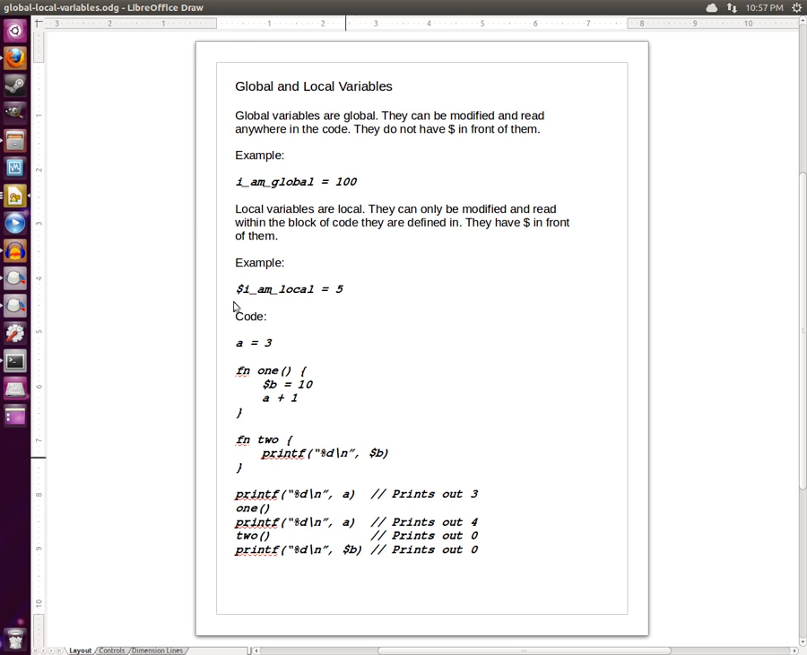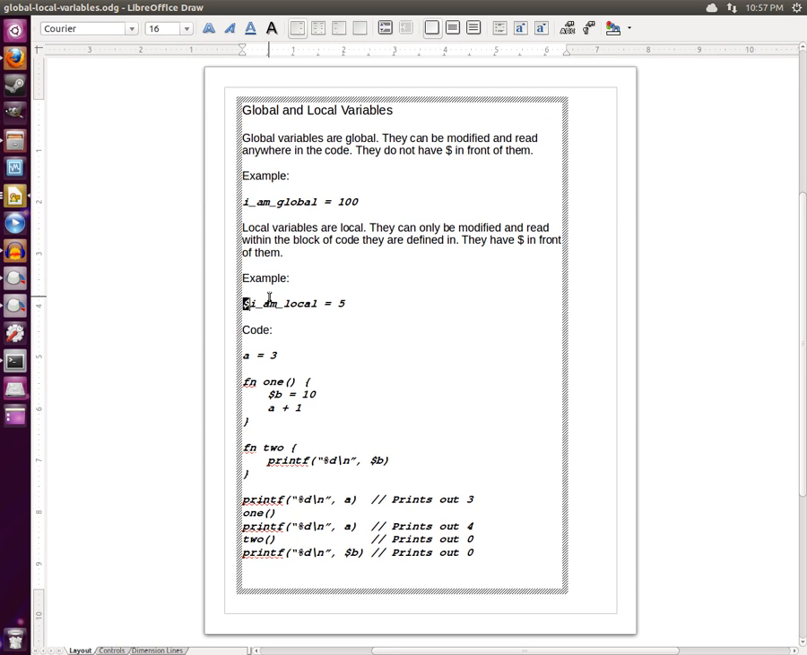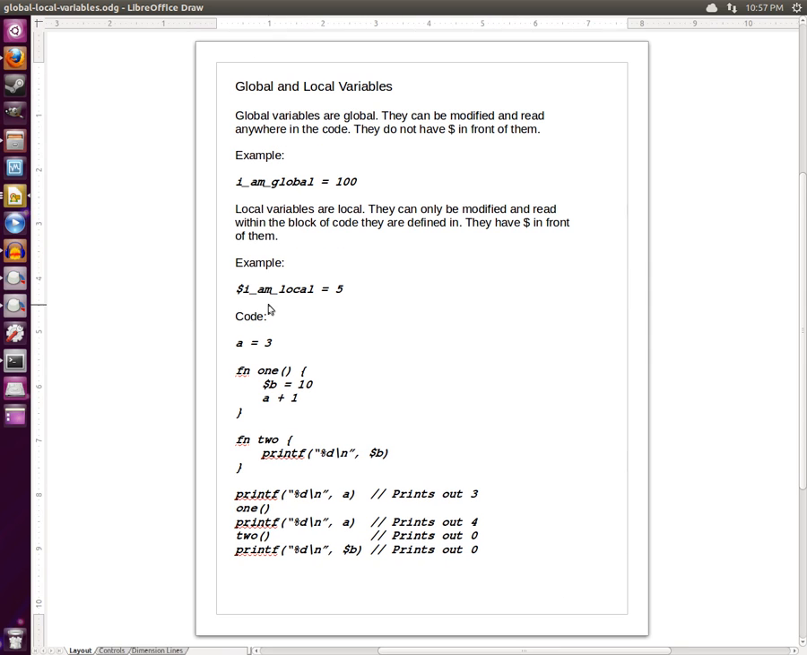And the other type of variable are local variables, and they do have $ signs in front of them. These are to be used within blocks of code where you don't want to modify things that are global. They can only be modified and read within the block they are defined in. So take a look at this code sample, and you can review that on your own time to see how